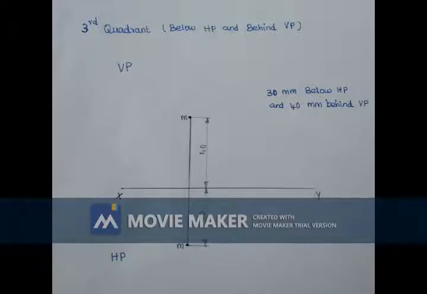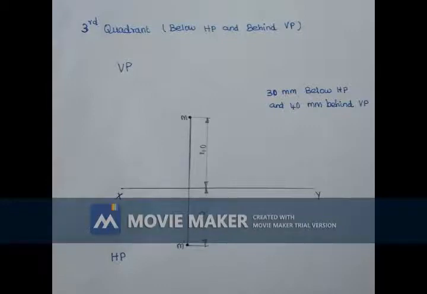So your horizontal plane comes above the XY line, right? But I have represented VP and HP oppositely, right? So that is a hint for your question. If it is above HP, you want to mention above XY. If it is below HP, you want to mention below XY. That's why I have given a hint, but actually the planes are totally opposite.